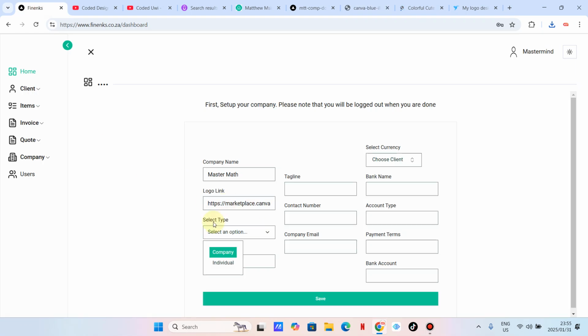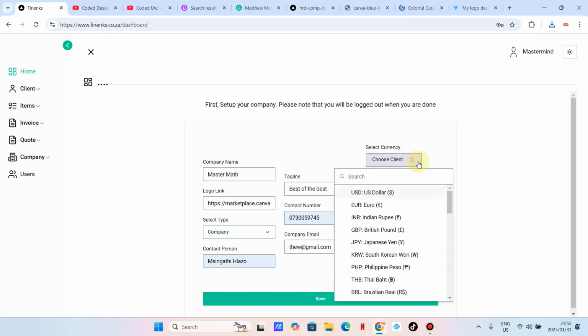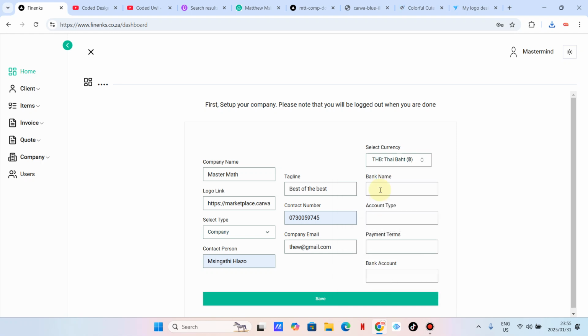Select a type. We are a company and the contact person. Let's click this one and make this email unique. In terms of the tagline, let's type here best of the best. Just make sure that your tagline has more than 4 characters. Then here, let's set the currency. You can choose any currency, you can even choose this one. And then let's say TBH